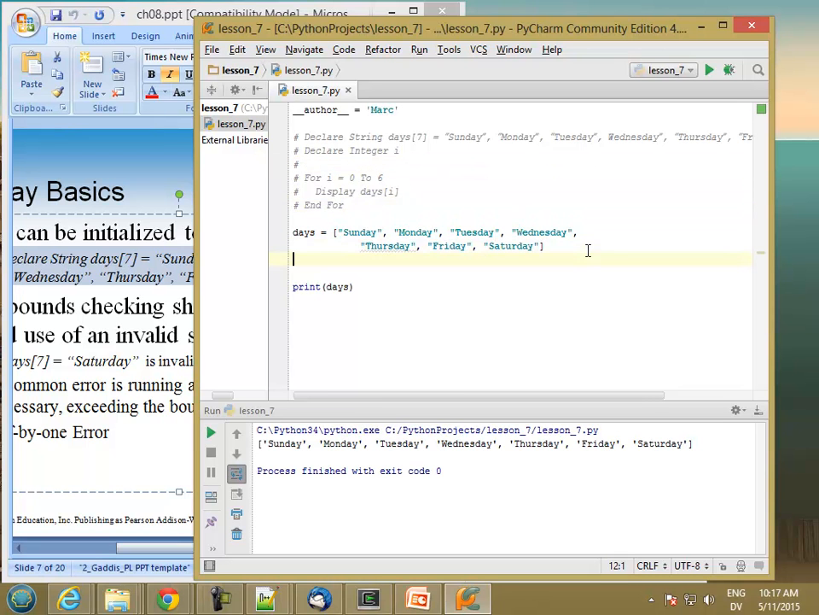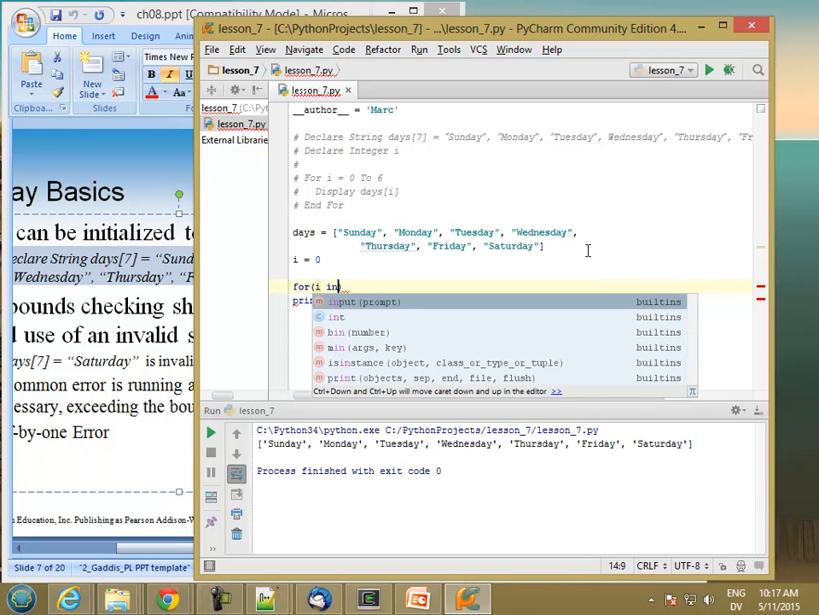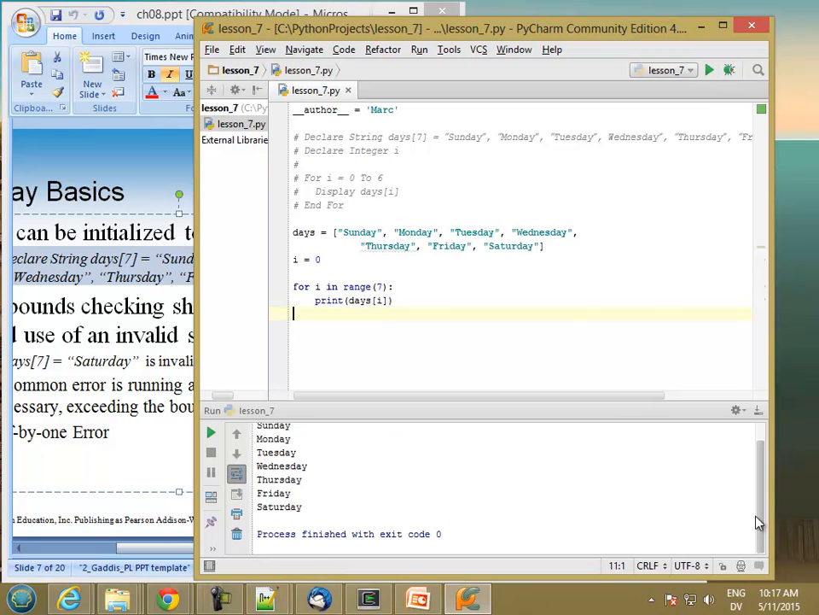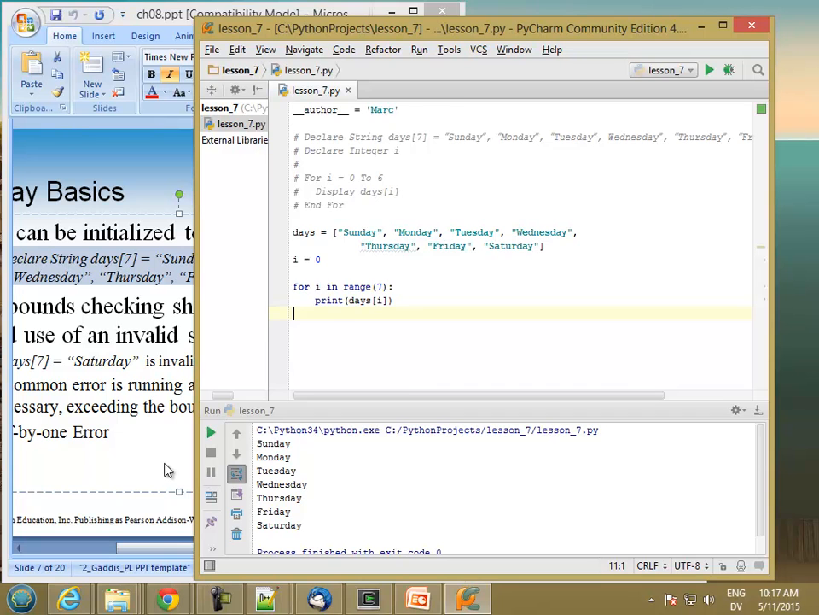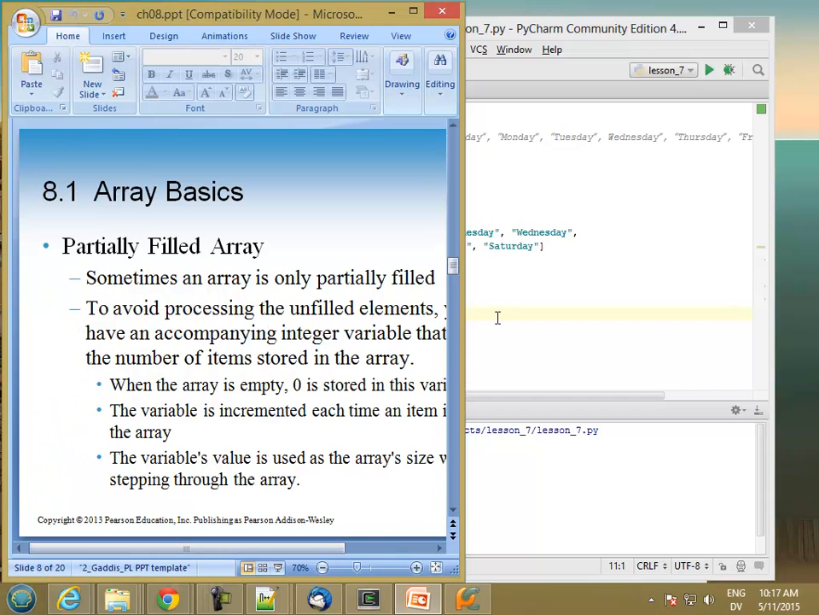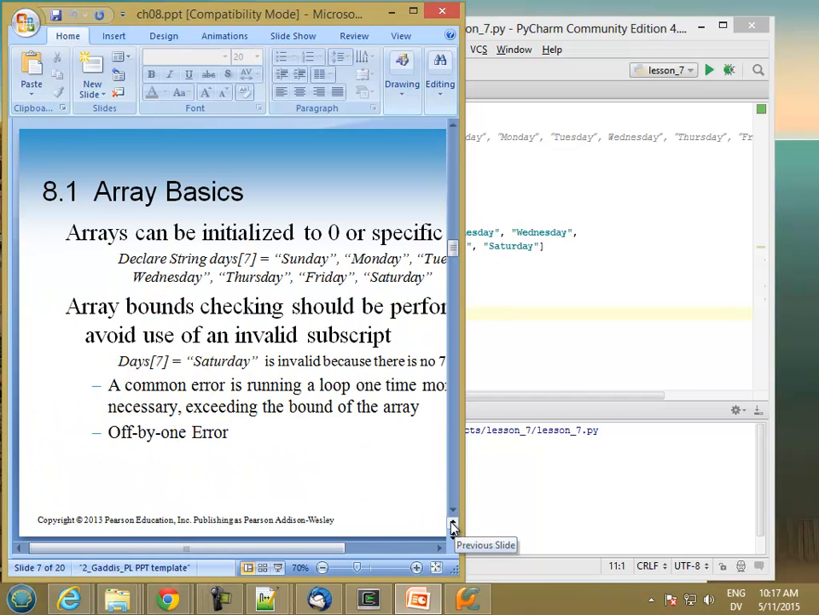So there's days, there's I, and here's my for loop. And then if I run it, I get the days of the week. So one thing I should point out,